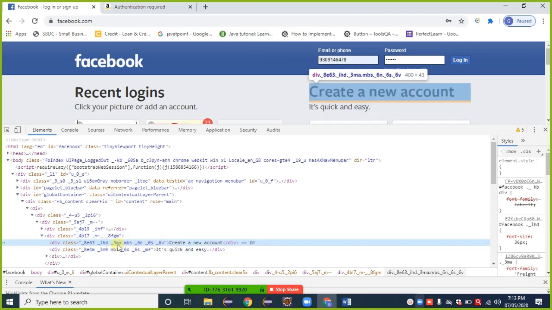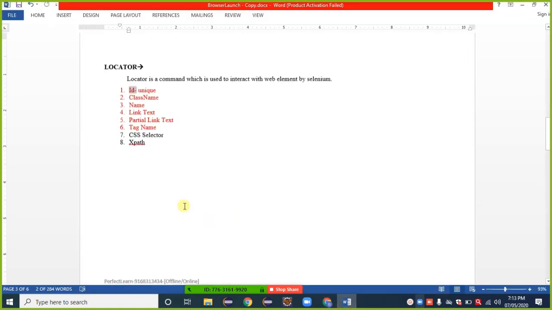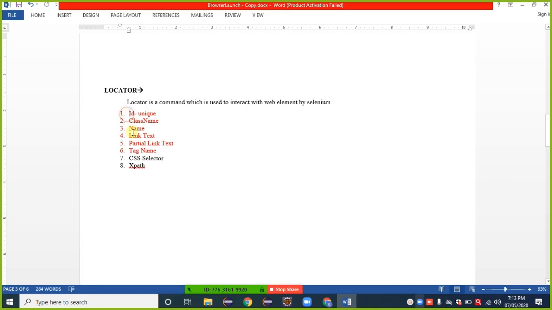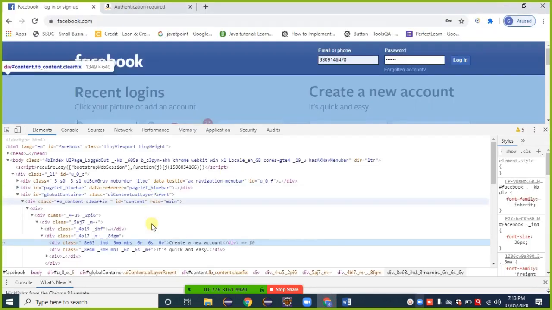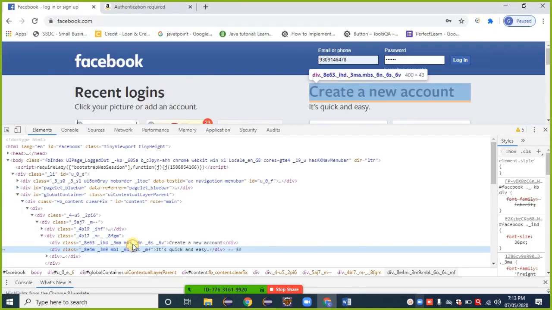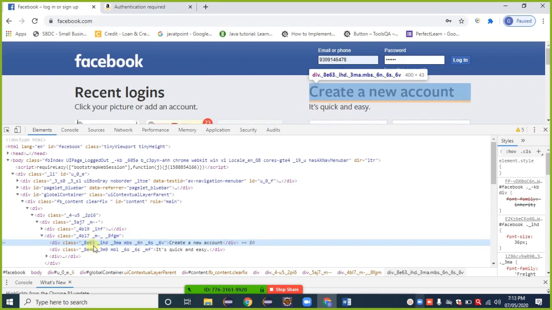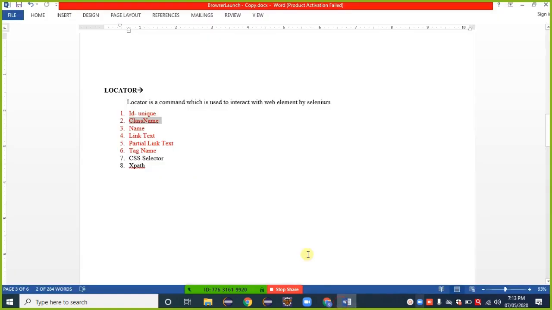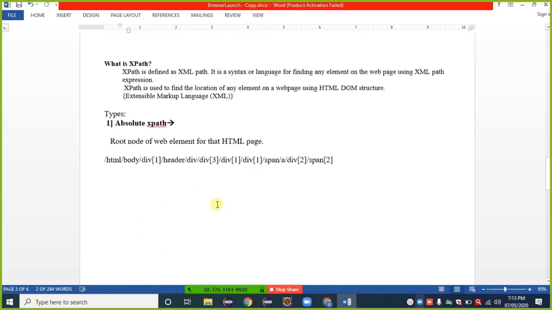Observe that only the class attribute is available; there is no other attribute like ID or name. Also, that class value contains a space between words, so we cannot go with the class. Right now we don't have any option here.